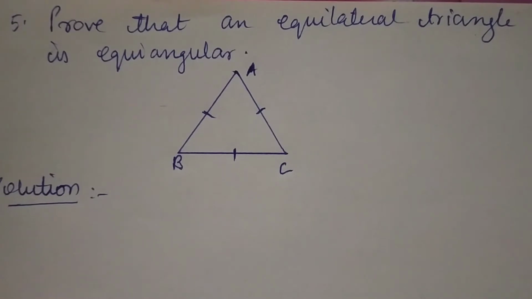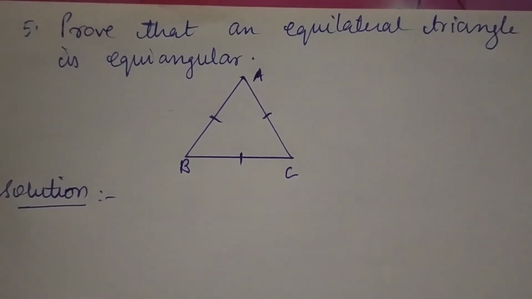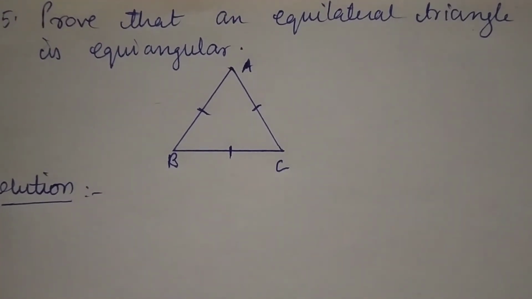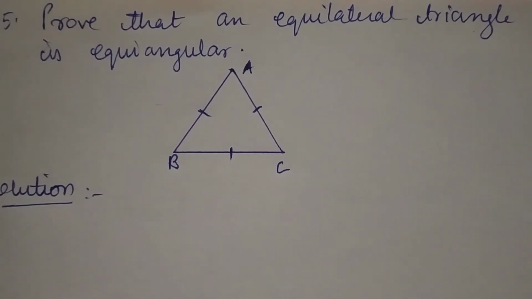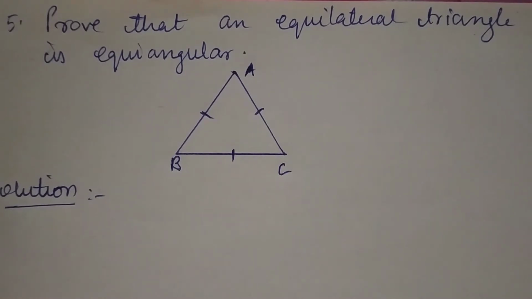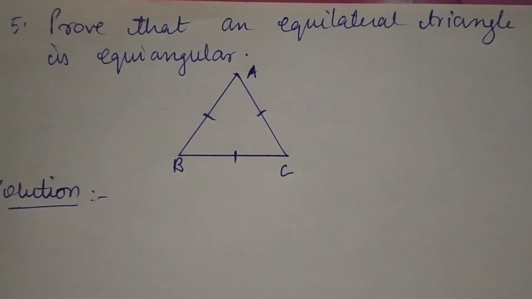Okay, now here they have told prove that an equilateral triangle is equiangular. Now what do you mean by equilateral triangle? I hope you have all studied in the lower classes what an equilateral triangle is. So an equilateral triangle is a triangle whose all sides and all angles are equal. Like in this figure, I've already shown the 3 sides of the triangle to be equal, right? And I have to prove that they have equal angles also. Equiangular I am supposed to prove.